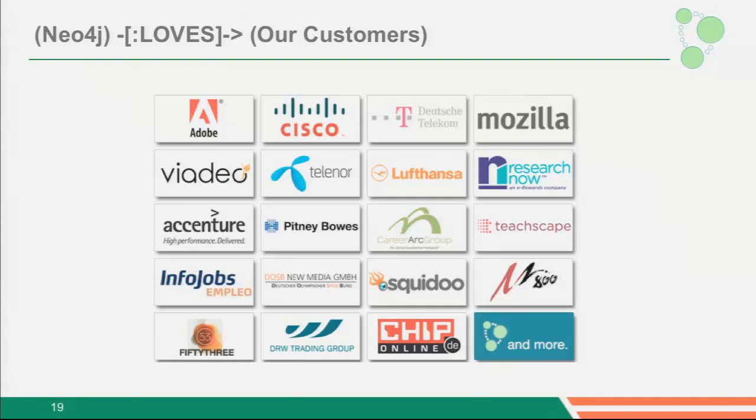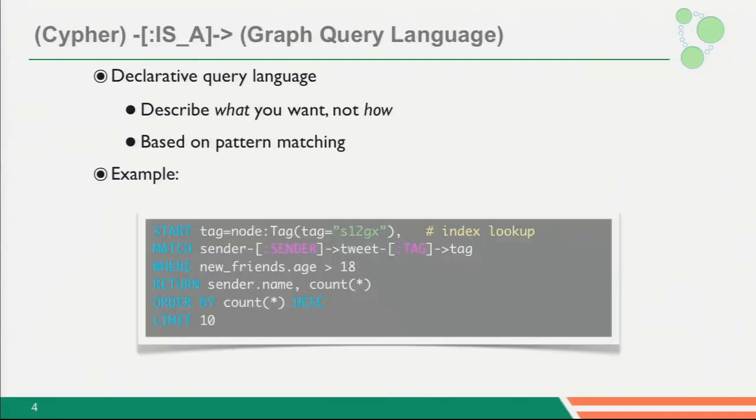After that, you're going to use the graph database capabilities to query. If you look at some of the code, probably even here, we start with the node tag by looking that up in an index. Find me the tag that represents S12GX, Spring 1, 2G. Yeah, that's right. That tag. So that's one example of that.